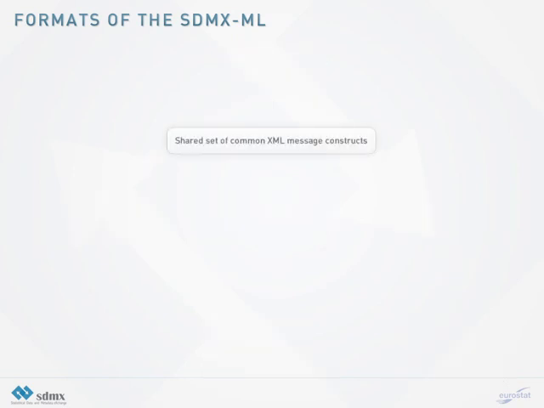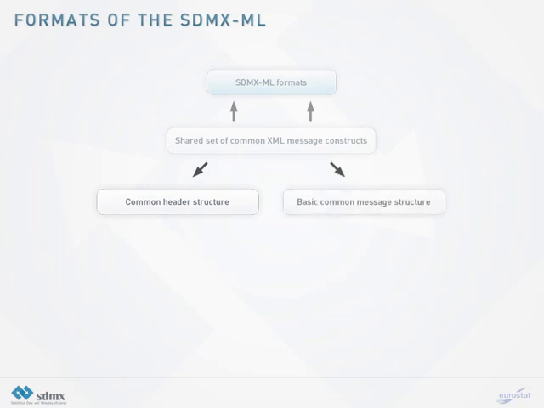A shared set of common XML message constructs was developed to be reused throughout all the SDMX ML formats. This includes a common header structure and basic common message structure parts for all SDMX ML messages. These shared common elements are implemented with the following XML schemas: